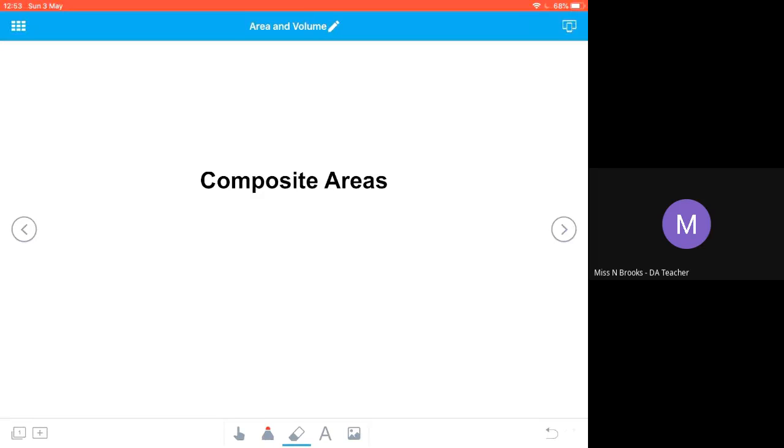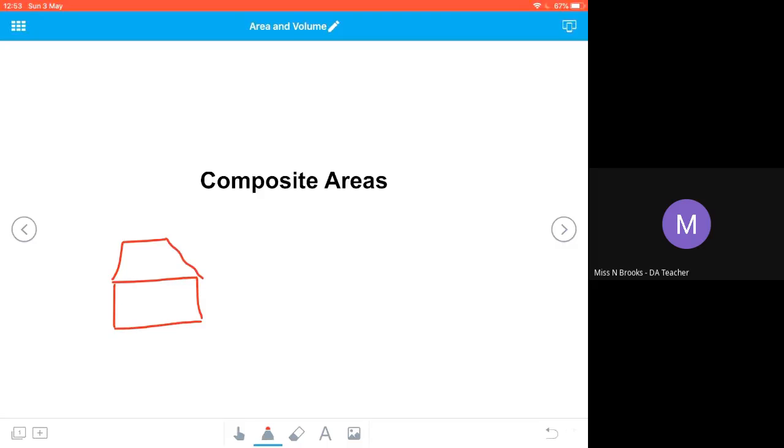So we're going to look at composite areas. And composite areas are the areas of composite shapes. And a composite shape is a shape that is formed by more than one shape. So for example, if I draw a rectangle and then I draw a trapezium on the top, I can work